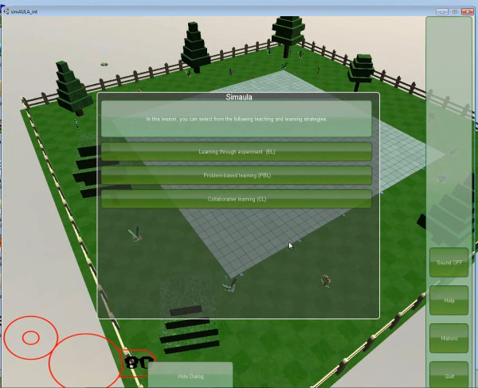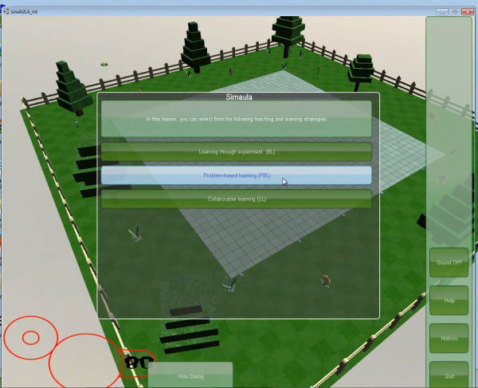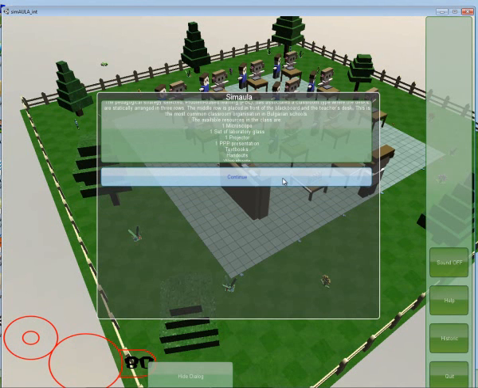Each of these classrooms is related to a specific pedagogical strategy, and so it is related to the way we will work with students. In this first version of simaula, 3 classroom types are offered: problem-based learning through experiment, collaborative learning,